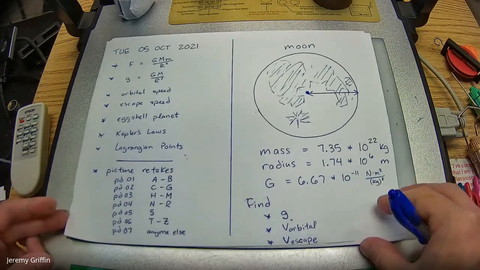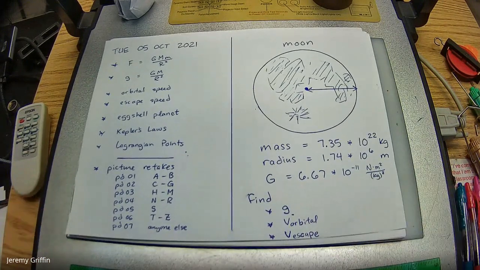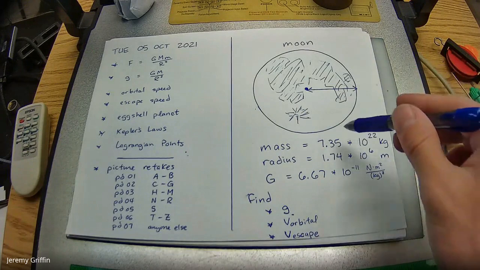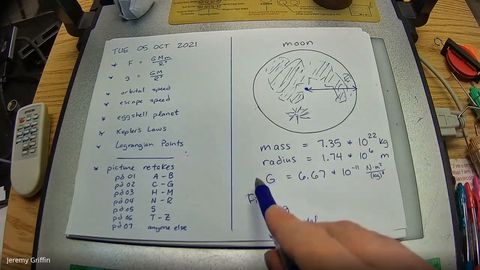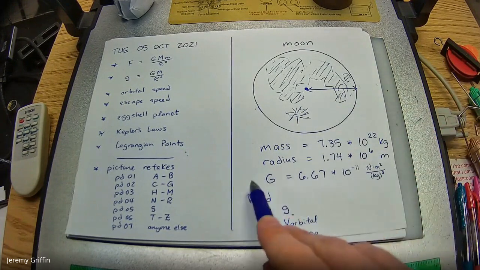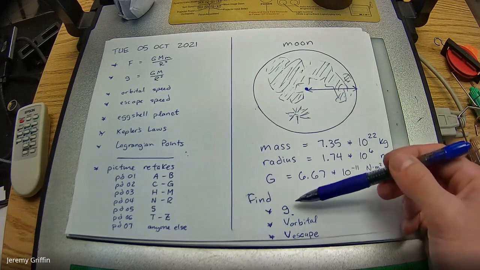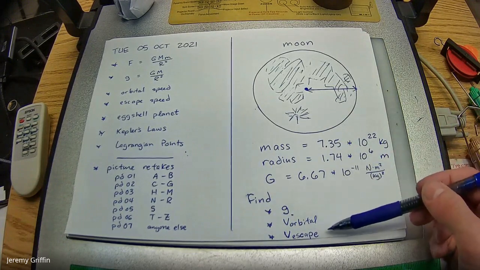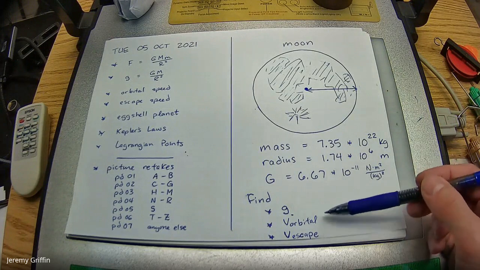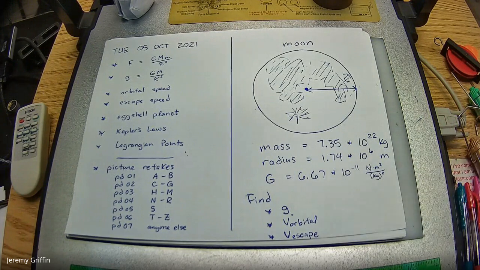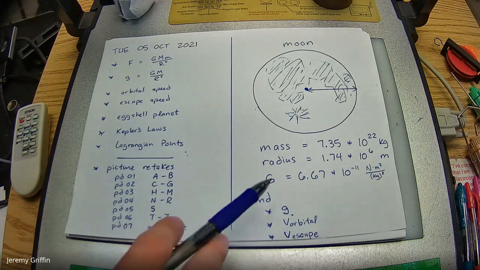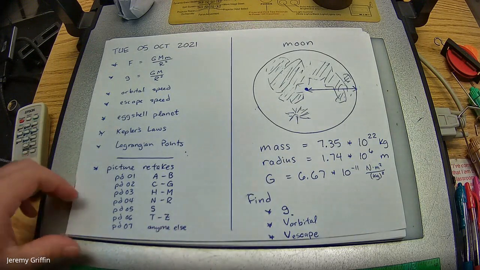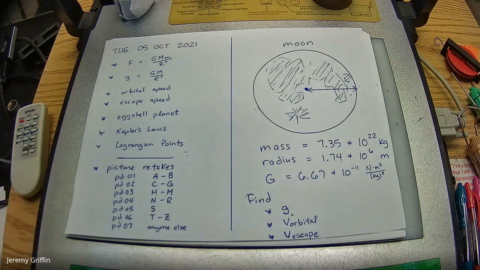My starter question is, say we're looking at the moon, which has this mass, this radial size, and hey, here's the universal gravity constant that I introduced to you guys yesterday. Can you figure out what's the free fall gravity, what's the orbital speed, and what's the escape speed? Now, actually, I haven't even told you guys how to get those values yet, but later on in this class, we'll actually answer all these questions. So be looking for that, because that's eventually where the story is headed.